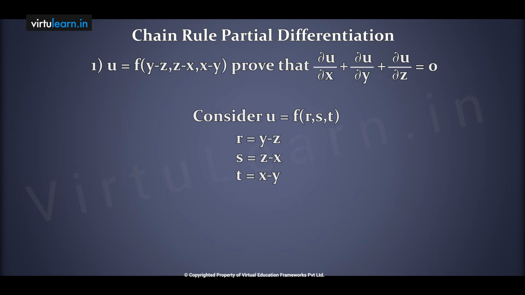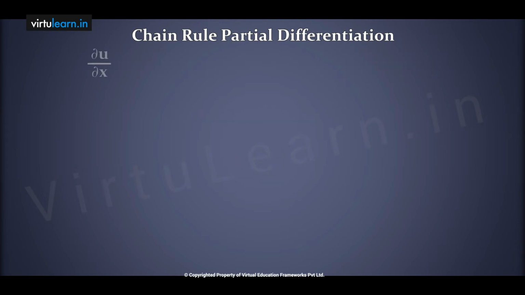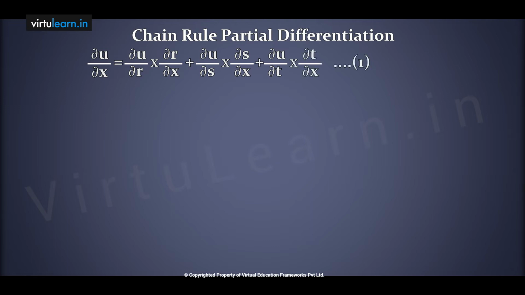Now chain rule partial differentiation. Once again I am writing here directly. In every problem you write the chain rule partial differentiation formulas. For these formulas they will give at least 2 marks. ∂u/∂x equal to ∂u/∂r into ∂r/∂x, plus ∂u/∂s into ∂s/∂x, plus ∂u/∂t into ∂t/∂x. Second formula, ∂u/∂y equals ∂u/∂r into ∂r/∂y,